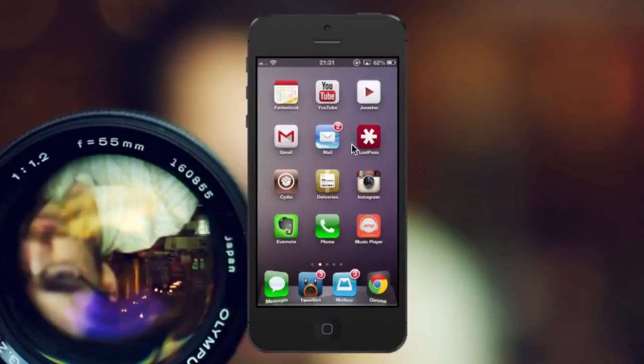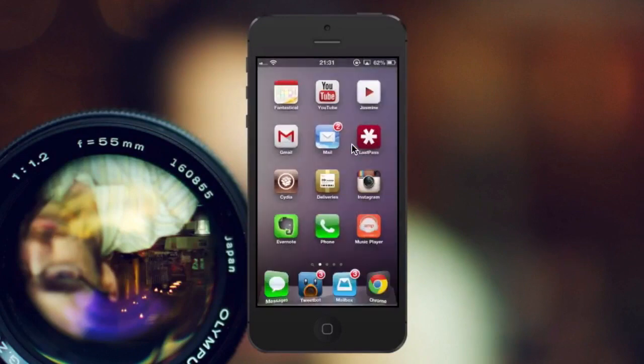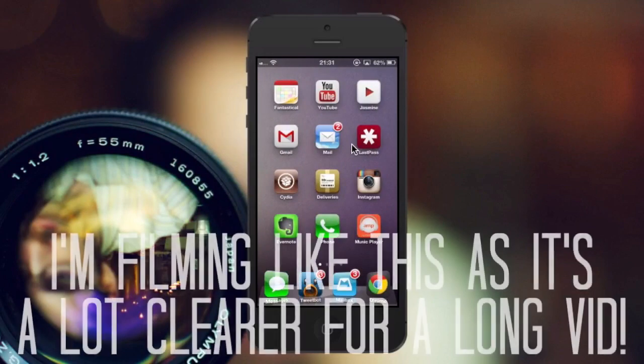Now today I'm going to be showing you what's on my iPhone 5. This is my iPhone 5 right here. It is jailbroken. I get so many requests about what apps I'm using. This is going to be the non-jailbroken edition, so I'm going to be showing you just basically the applications, and